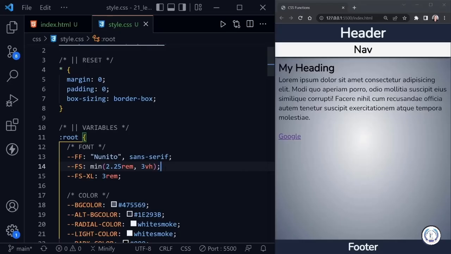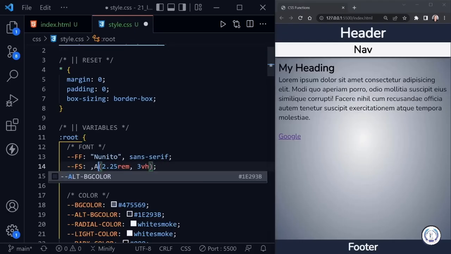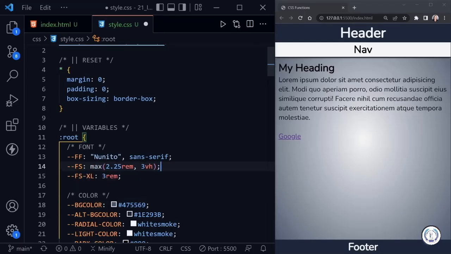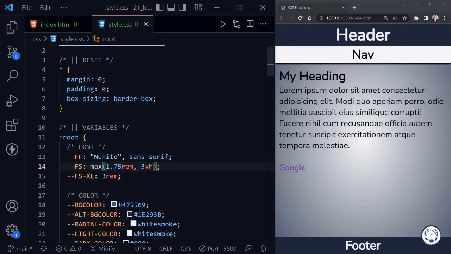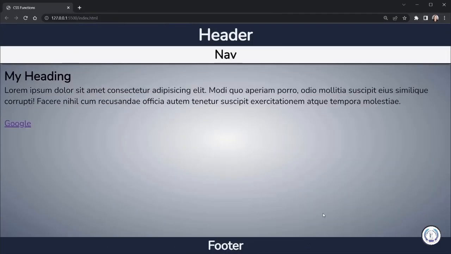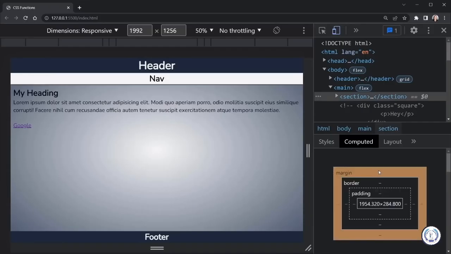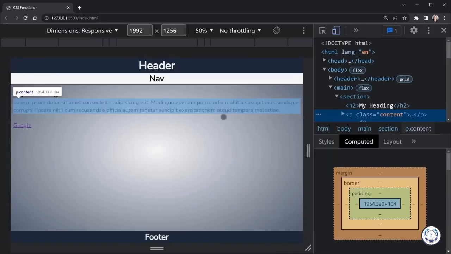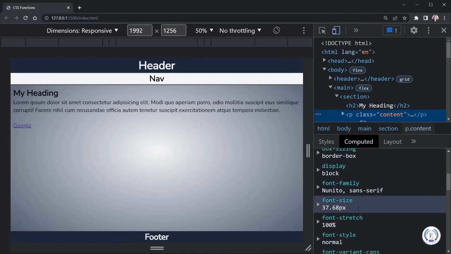So now let's move on to the max function, which is essentially the opposite of the min function. So max is always going to choose the larger of the 2 values we provide. So just so we can better see it change, I'm going to switch this from 2.25 to 1.75. Now it's always going to choose whichever is larger, either 3 viewport height units or 1.75 rem. So let's once again take a look at our page, and I'll open up the DevTools once again as well, go over to the computed side, and now I'm going to inspect this specific element so we can see that the font size is currently